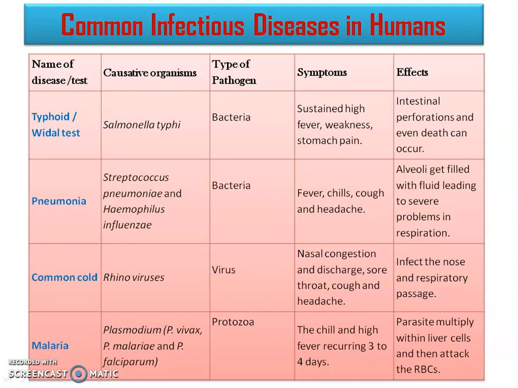Okay, the harmful impact of malaria is that the parasite, that is the Plasmodium, first of all reaches the liver cells, where it multiplies continuously, destroying the liver cells, and after that it attacks the red blood cells of our body, destroying them and constantly leading to anemia also. So all in all, malaria is a very dangerous type of infectious disease in human beings. Clear?